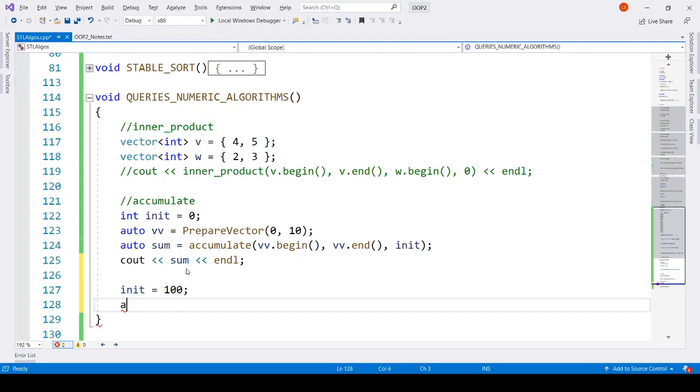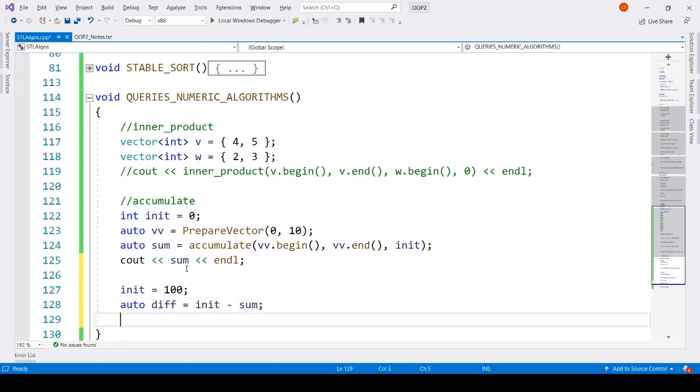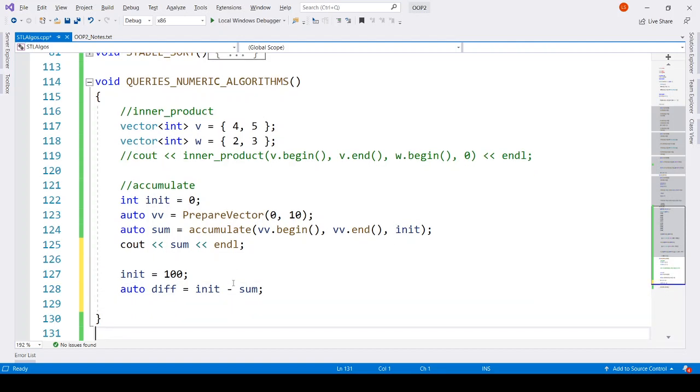Let's store that: auto diff = init minus sum, so that will be 55. Okay, now we want to do this 55 calculation using accumulate. How do we do that?